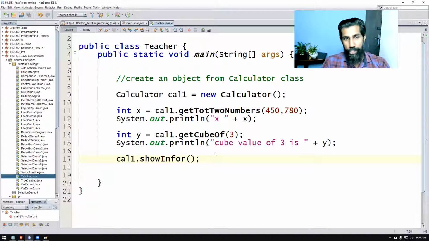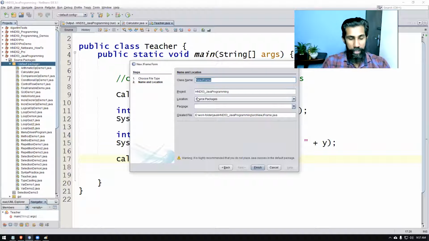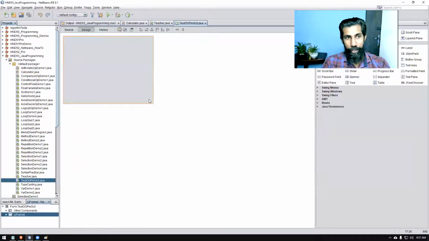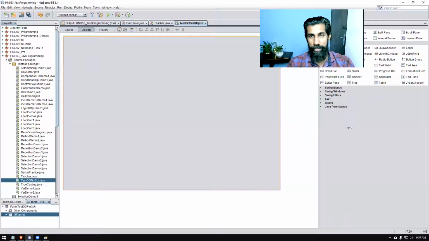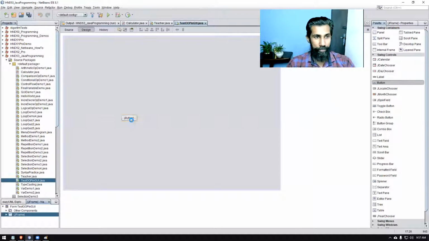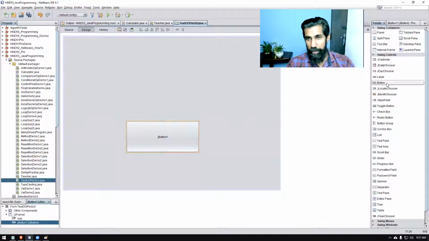Now, if you want to do this in a GUI program, that is also possible. I'll just show you very quickly how to do that without wasting too much time. I'm creating a JFrame form, then test OOP in GUI, right? So event driven style and object oriented we are mixing here. Actually the interface is only what we are building, and interface is functioning in event driven style. Actually the programming logics, everything we have built in object oriented style. So in order to make this a little bit more sensible for you, I'll add a button here first, and I'll add three.